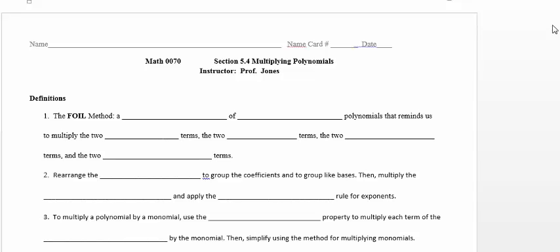All right, let's look at section 5.4 where we want to multiply polynomials. All right, so the FOIL method is a method of multiplying polynomials